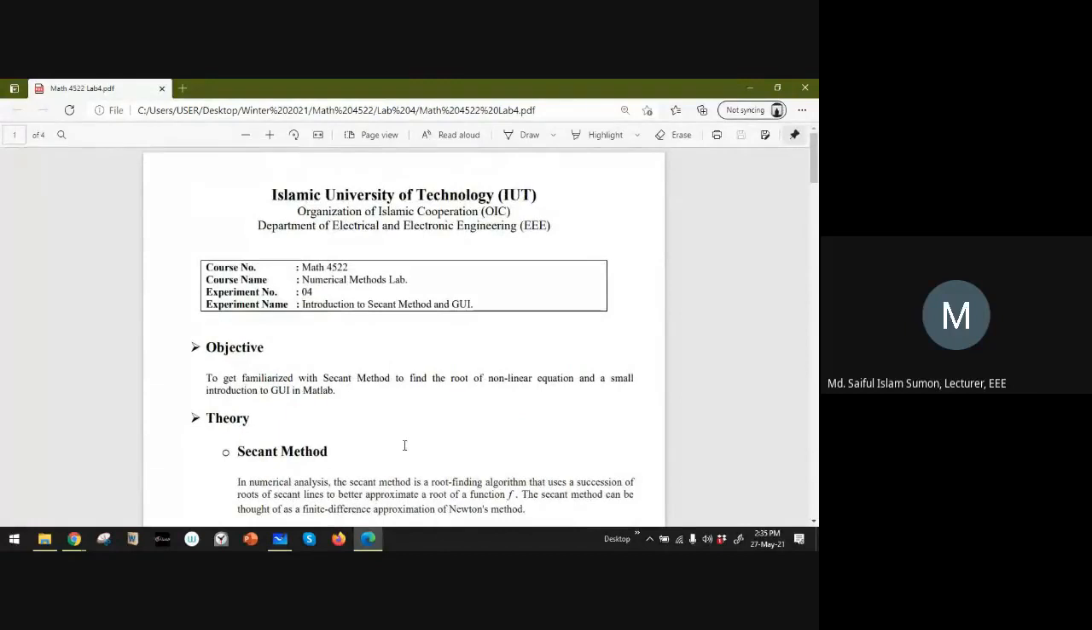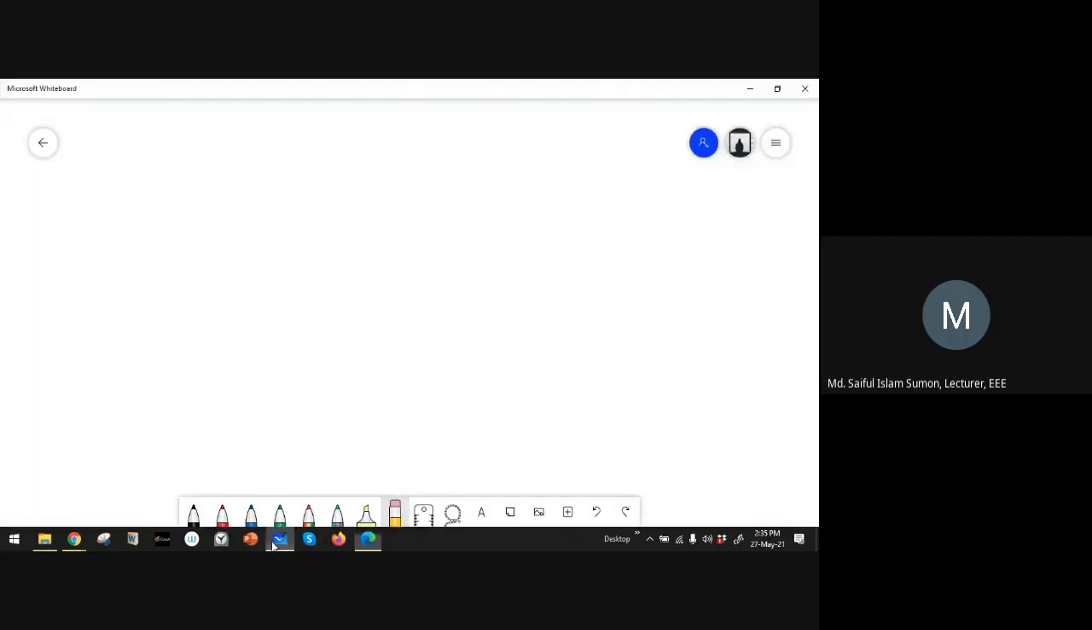So in today's class, we are going to learn the second method, and as well as the graphical user interface, GUI. For both of them, we are going to solve this equation. In the last class, we solved this with the Newton-Raphson method. This second method is the extended version of the Newton-Raphson method. If you can remember,